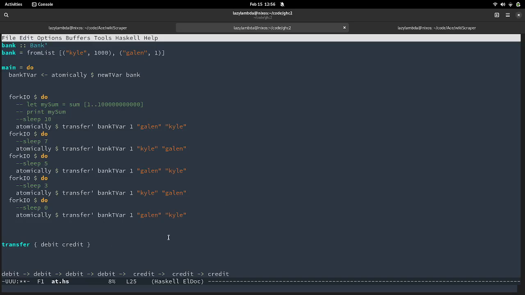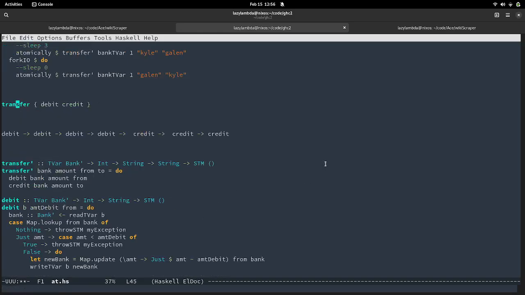That's true. But let's say we think of this as a stack. If we break up a transfer into a debit and credit, this transfer is going to write to the stack, which is going to run what it receives in order. This transfer is not going to be the only transfer writing to the stack.